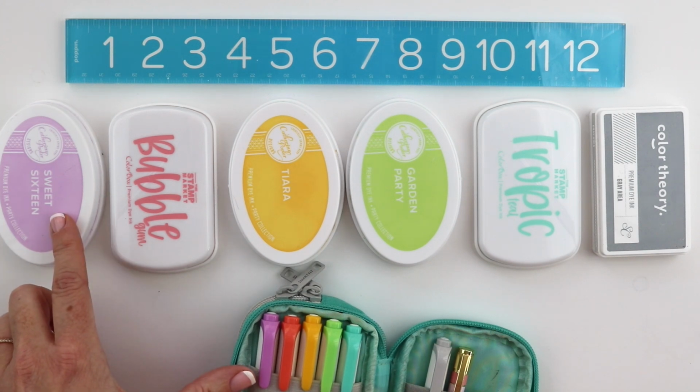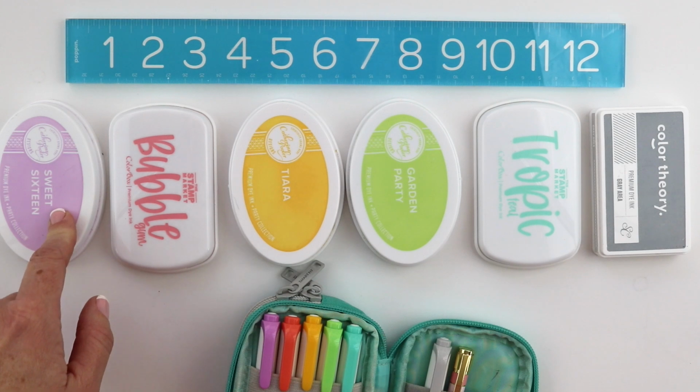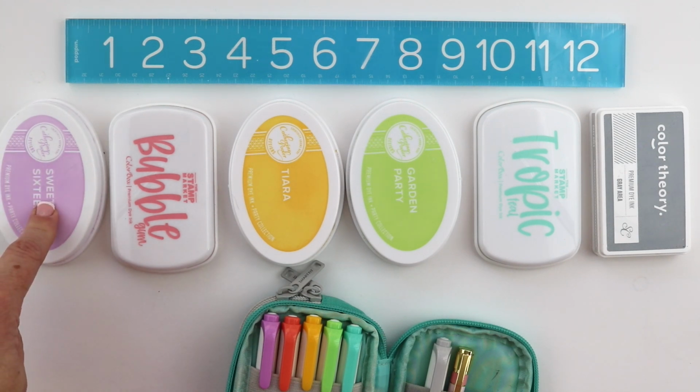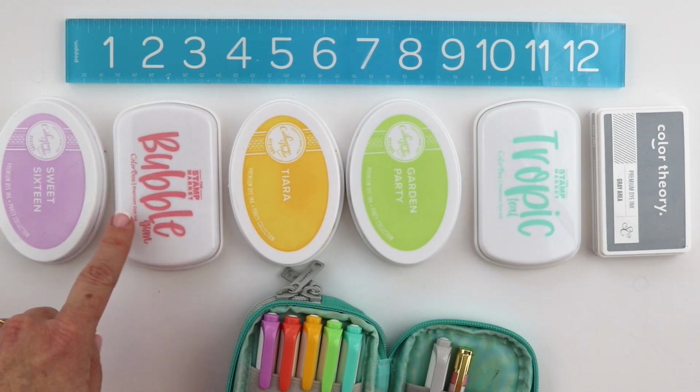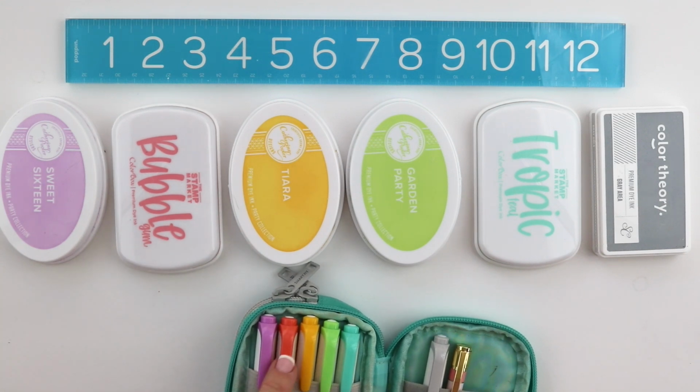But if you have any other questions on this, and if you'd like to actually see, I use these inks all the time on my pages, so if you're watching, you'll see me pull these colors. It just depends from week to week which ones I use. This is Sweet 16 from Catherine Pooler. It's available through scrapbook.com or her own website. This is the Stamp Market Bubble Gum color, and I find that that matches up really nicely with this vermilion